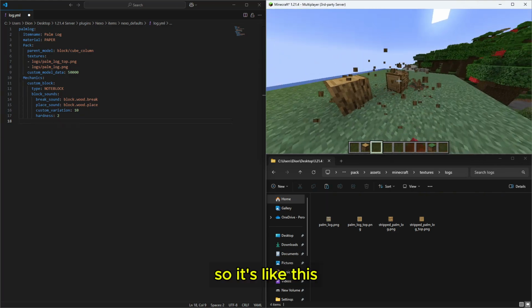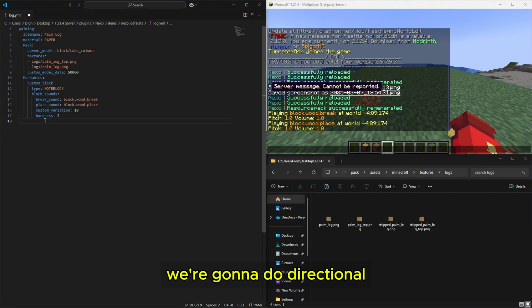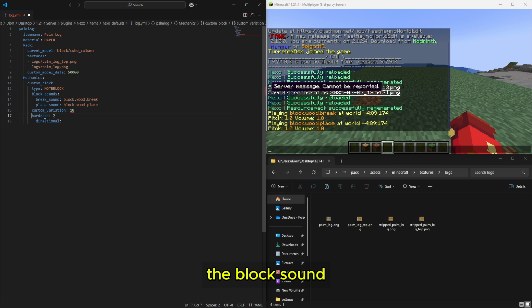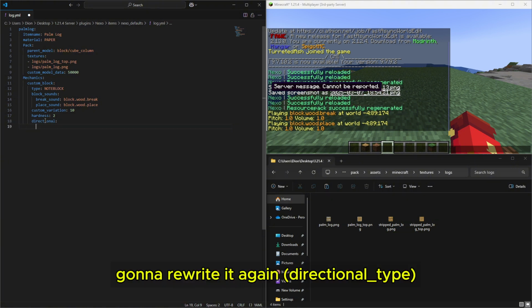So let's break this down. Pretty much what we want to do, statically underneath the hardness, is write directional, if I can spell correctly. Just make sure the custom variation, hardness and directional are on the same line as the block sound. I missed a space there. Cool. So underneath that one, just under the R, I'm going to write it again: directional